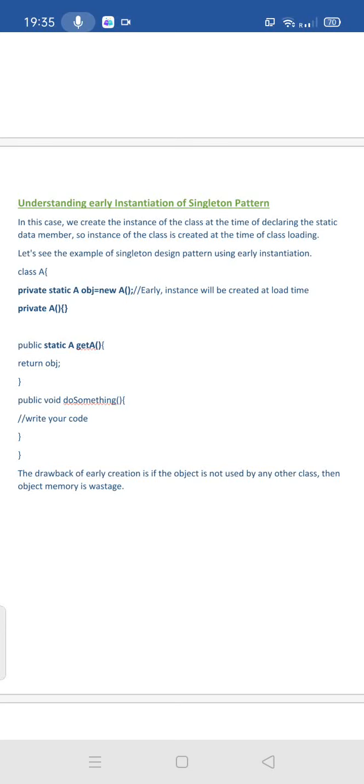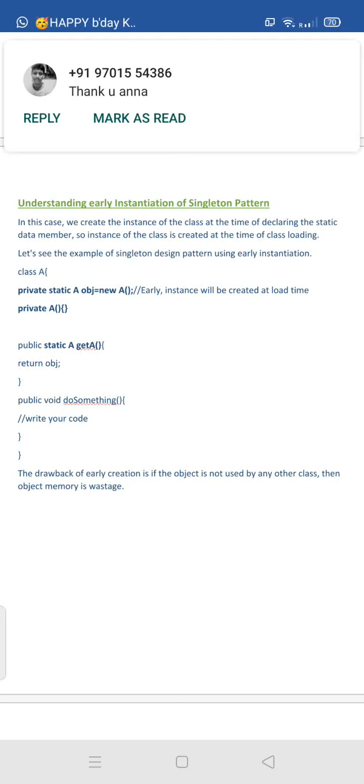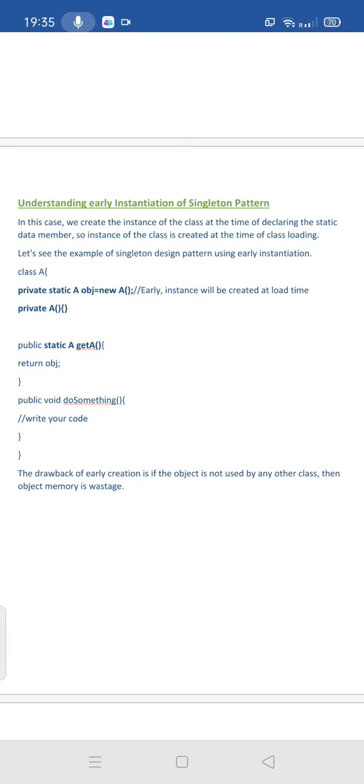And the next thing is I am declaring the private constructor, so that outside it will prevent instantiating this class, and in that way it won't allow creating objects outside. So we created the object inside this class, and we declared the private constructor.